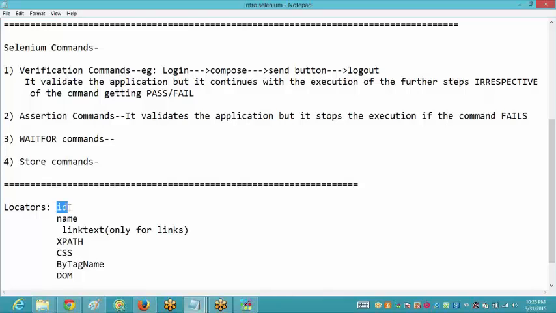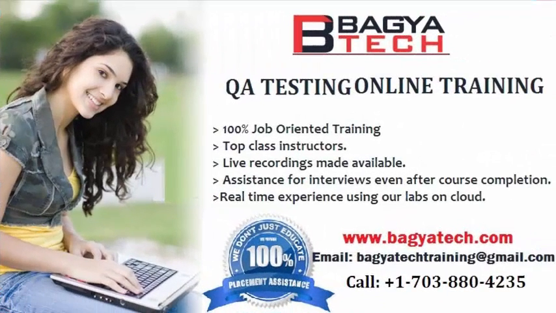How will the Selenium script be able to understand? So in that case, if there are more than two text boxes sharing the same IDs, then in order to uniquely identify which text box it has to enter the data into, you will have to go on to the second locator, which is the name. Then you'll have to search via name.